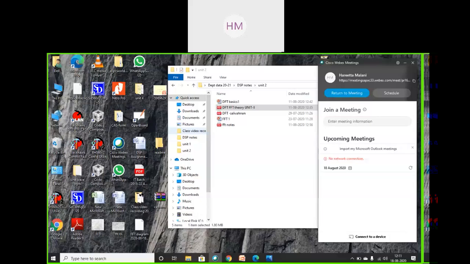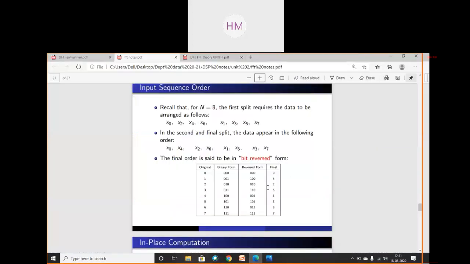So that day we discussed very basic things regarding FFT, its theory concepts, fast Fourier transforms, what the drawbacks of DFT are, what the computational complexities of DFT are, why we are moving towards FFT, what its advantages are, and how we have to work with FFT. There are so many theoretical concepts, block diagrams and derivations.